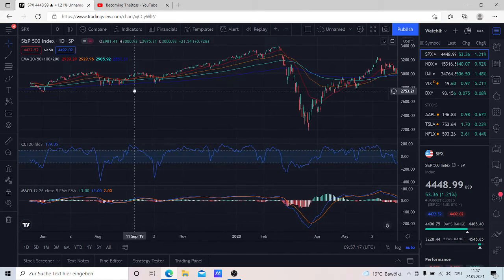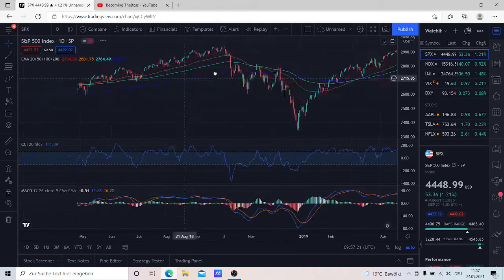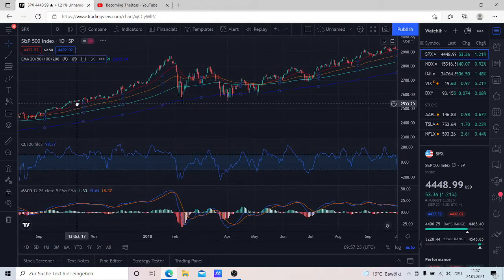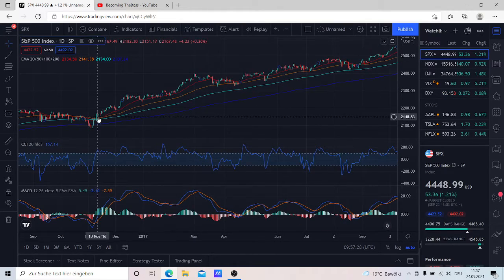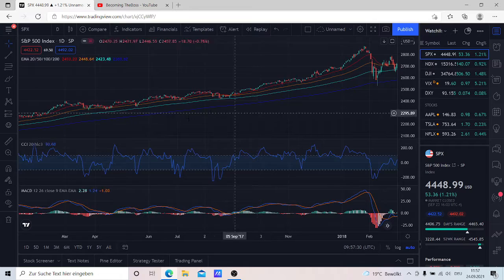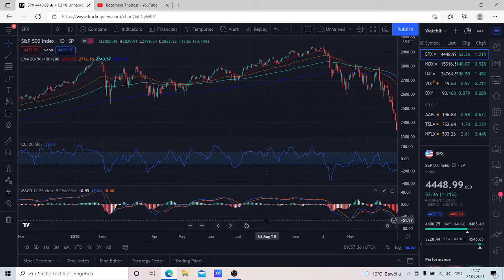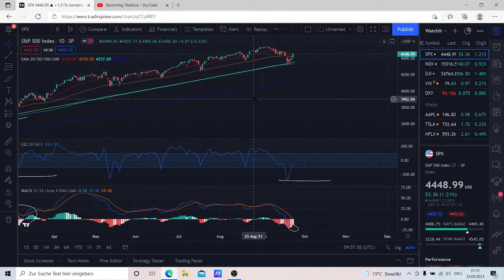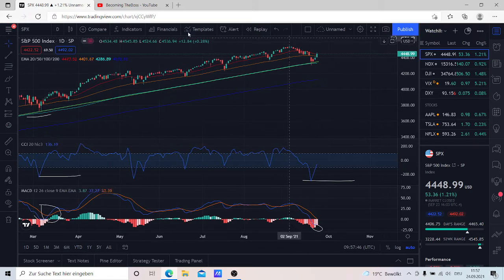However, if we go back and look a little bit further, well, usually what happens is we see a continuation. Sometimes we see bigger moves, but this rarely happens. So for now, if this cross here on the MACD comes into play, I would be willing to be a